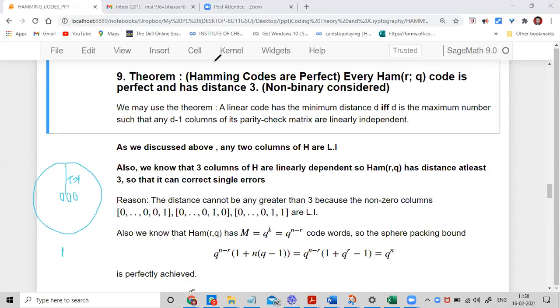So that is already known. But that is not what perfect code means. That is in general true for any code when you take 2t plus 1 and take those spheres. But what does perfect code mean? All code words are inside these spheres only. You cannot miss even a single vector. All of them are packed completely. That's why it is also called the sphere packing bound. But what is a bound actually? Can somebody recall the sphere packing bound or Hamming bound?